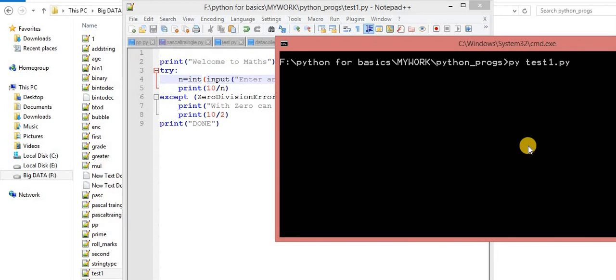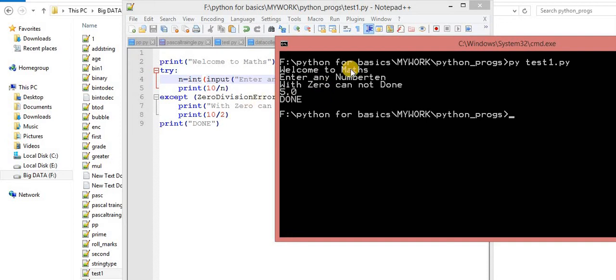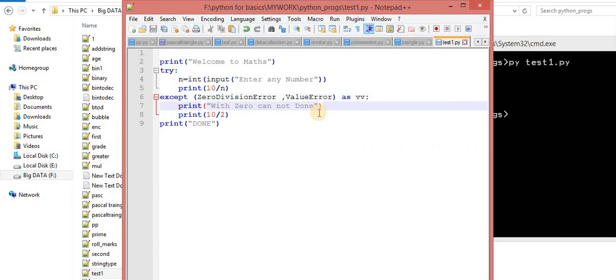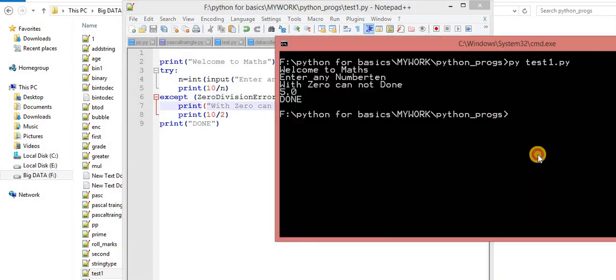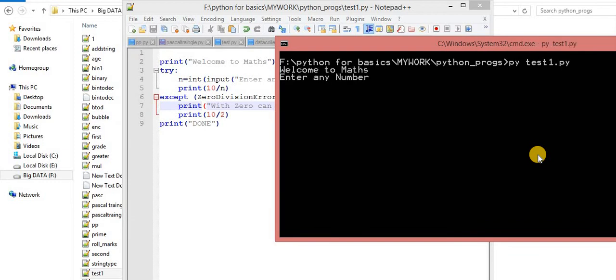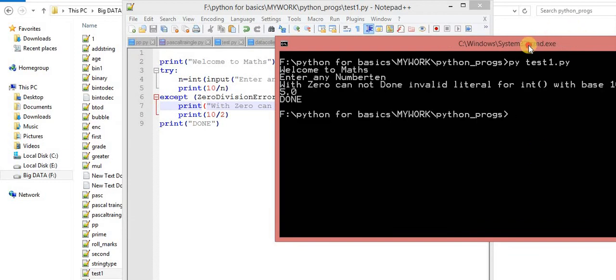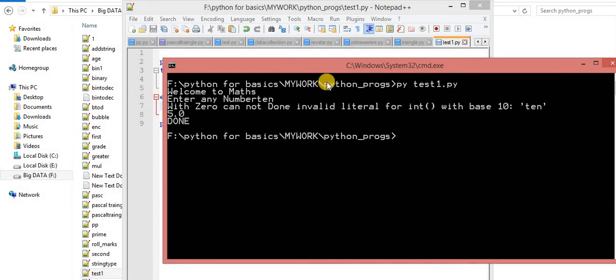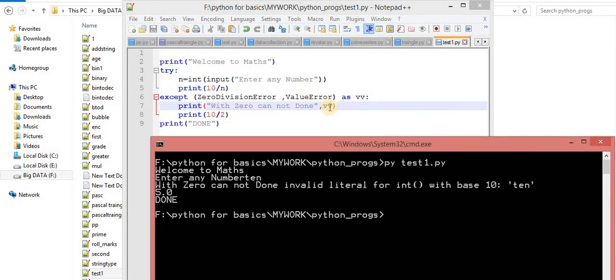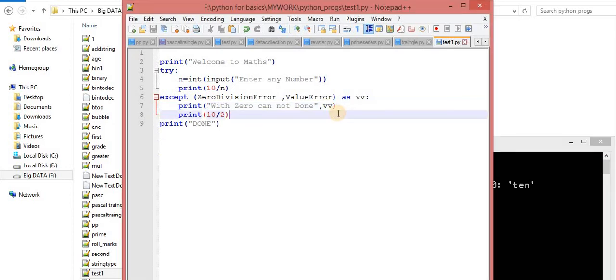Now understand this. Enter marks TEN. Now observe it. Okay. Cannot 10. You can print a message over here. Now you can observe which error occurs. Now the picture would be more clear. You will know now which error it is. 10. Now you can understand it. With the 0 cannot be done. Okay. This is the message. VV means this one. Invalid literal for int with base 10. So you are converting this string to integer. That is not possible. So this is the way.